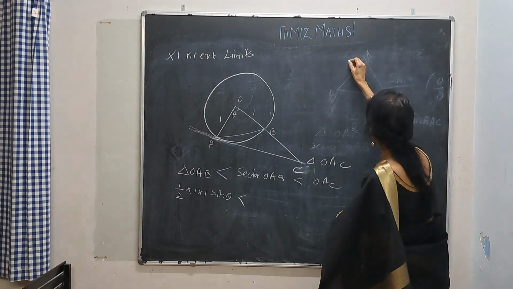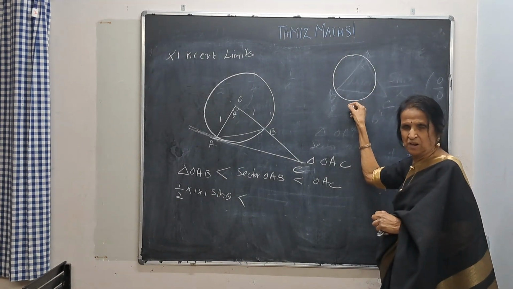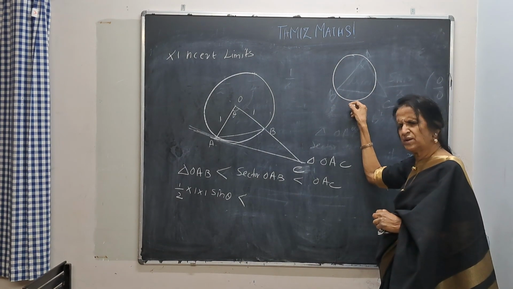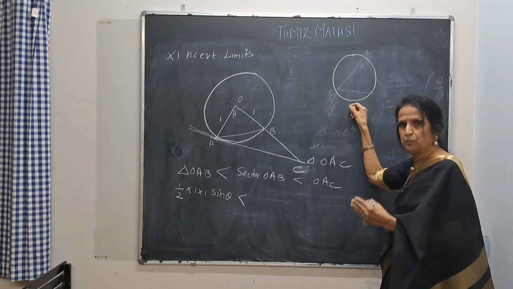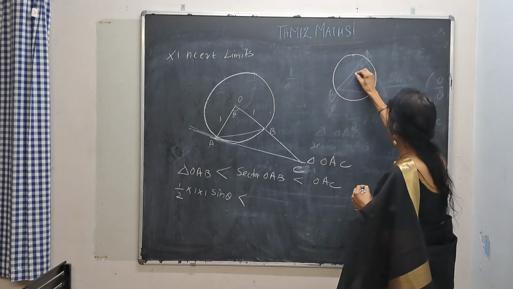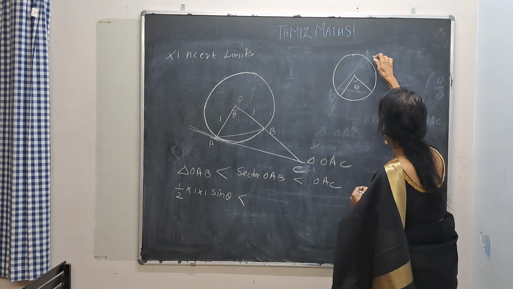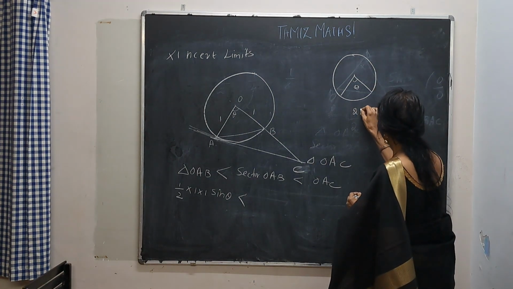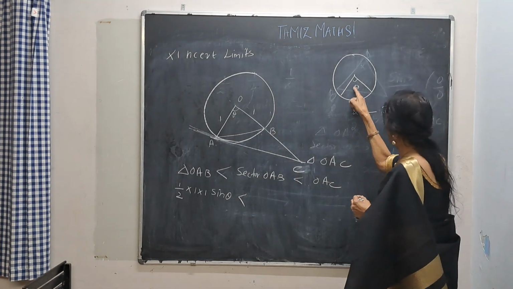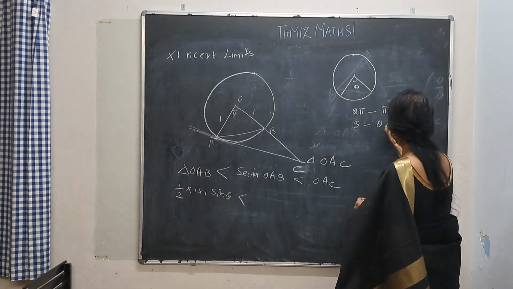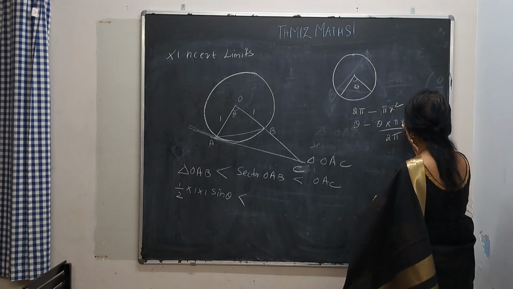Sector OAB. Now, this is like a small child I am teaching you. If you're very well versed in this, you can just go like that. But always it's better to be kiddish and know from the bottom how to get it. Now, let me have a sector. The area of the full circle, when the central angle is 2 pi, is pi r square. So when it is theta, it is theta into pi r square by 2 pi.